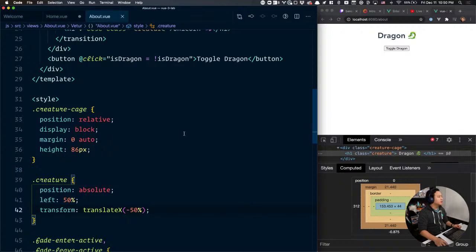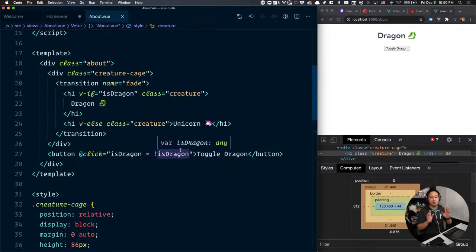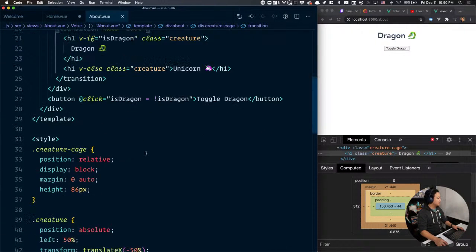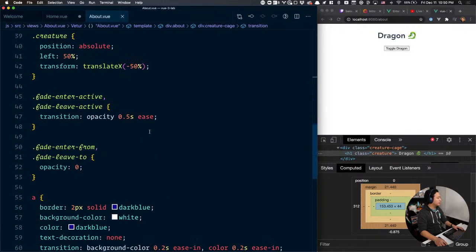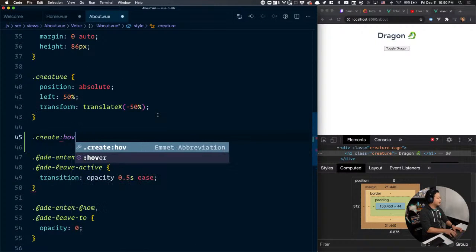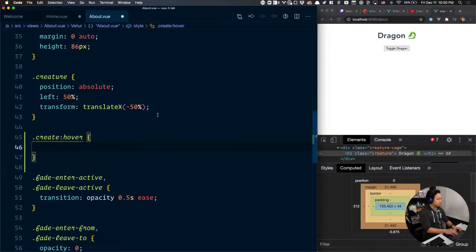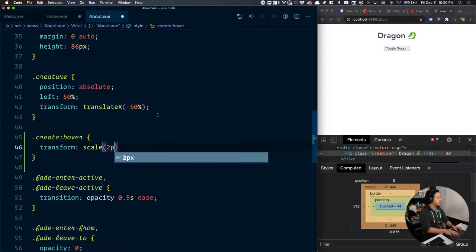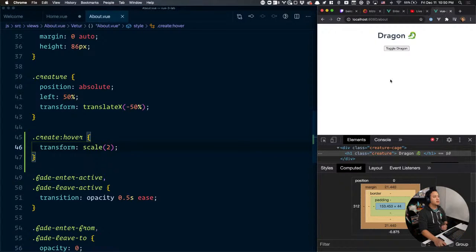Let's do it. Let's say, for example, when we hover over our title, we want it to expand. Let's do it as simple as that. So we have our creature here, and for our creature, what we might want to do is say when the creature is hovered, we're going to transform it and say scale, I'm just going to do 2. Okay, so now if you hover over it,